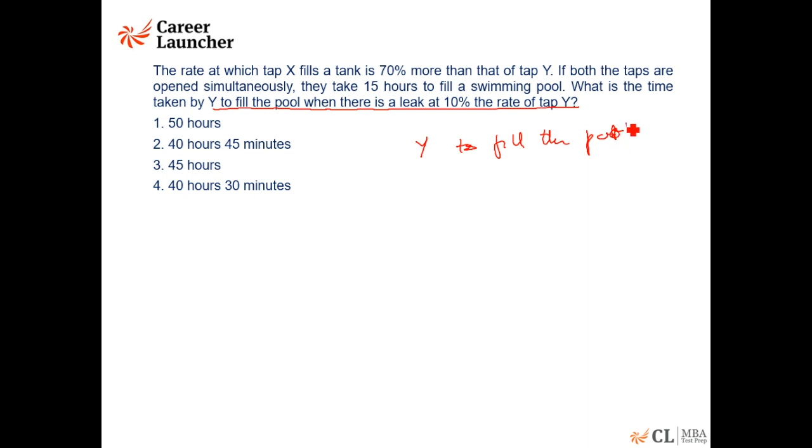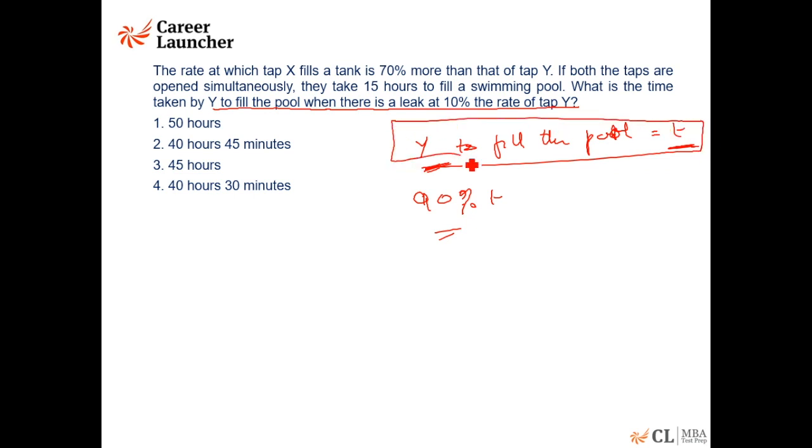Okay. And also 90% of that time. If the Y is T, it will also give 90% of T. So if you don't read the question carefully, you will end up marking the answer for T. If Y fills the tank in T hours, there will obviously be an answer choice which says 90% of T. Obviously, this is the correct answer, but the question will typically give you this kind of a choice also.